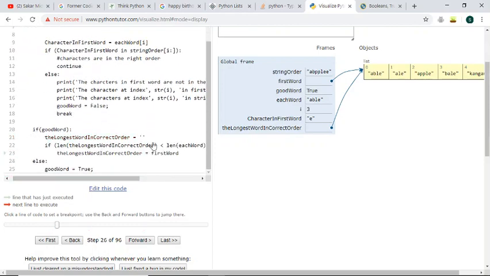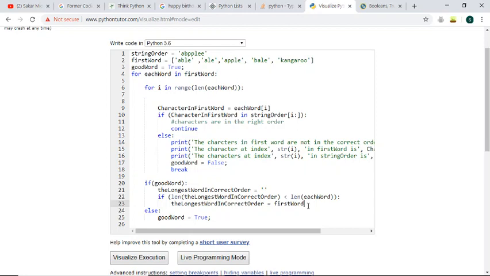Wait. Hold on. You see, it says the first word. What is first word? First word is a list. So it's pointing to this list. You see, my mistake is pointing to this list. It should be each word, not this list. So if we change this to each word,